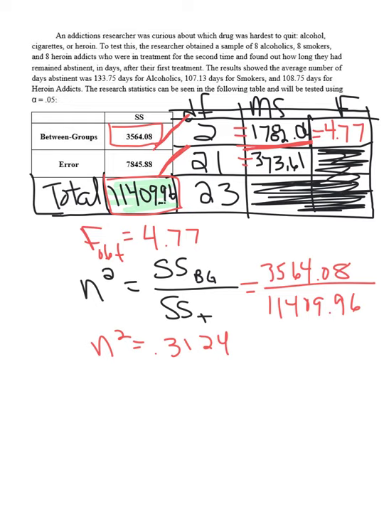Now, because our test was significant, we need to conduct post hoc tests. So, to conduct our post hoc tests, we need to use our means, and we need to use a new critical value. So I'm going to move forward one more page. Back. Our mean square error is